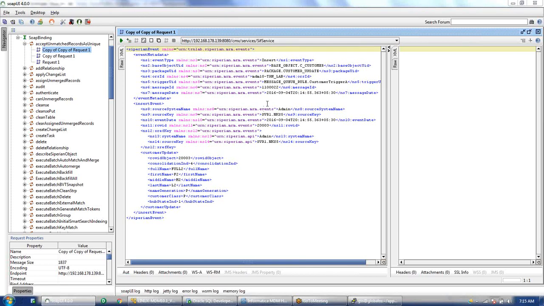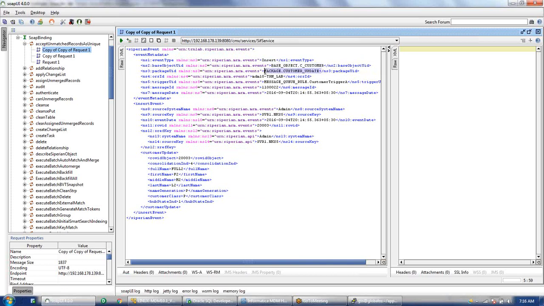Okay, so I have copied that into this SOAP UI and I just did a format. Here we can see the details. Here we have the customer update. All the details are going here, whatever the row ID object we had, consolidation indicator value, and all the business columns, whatever values we have. Plus on the top, it shows that this is an insert. Then the base object name, for which base object the insert has happened. This is for the customer base object.